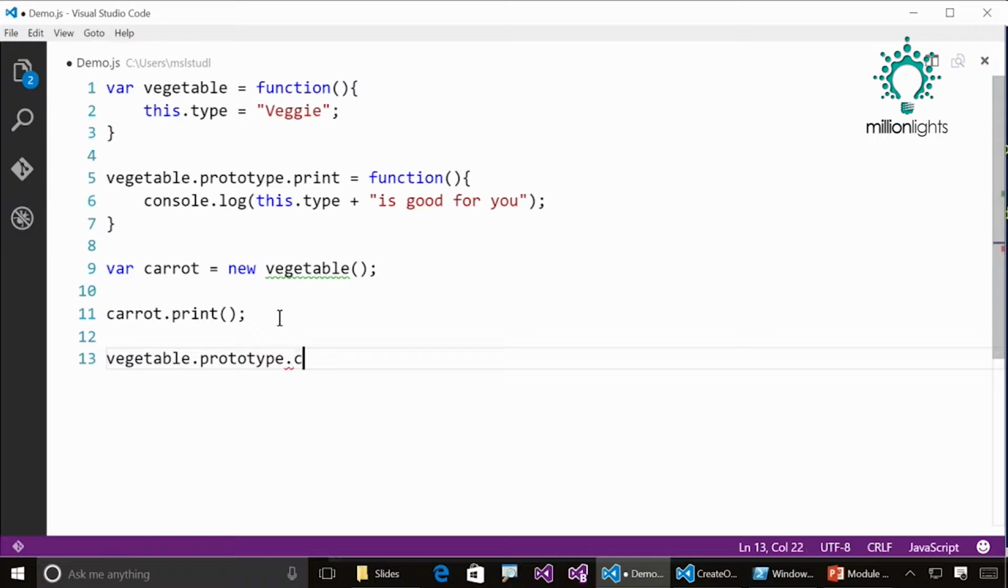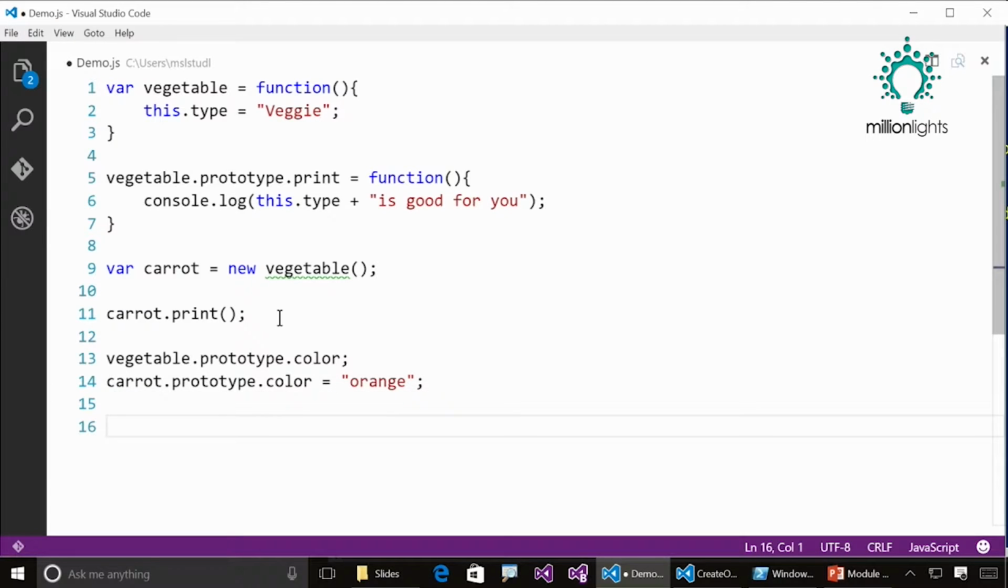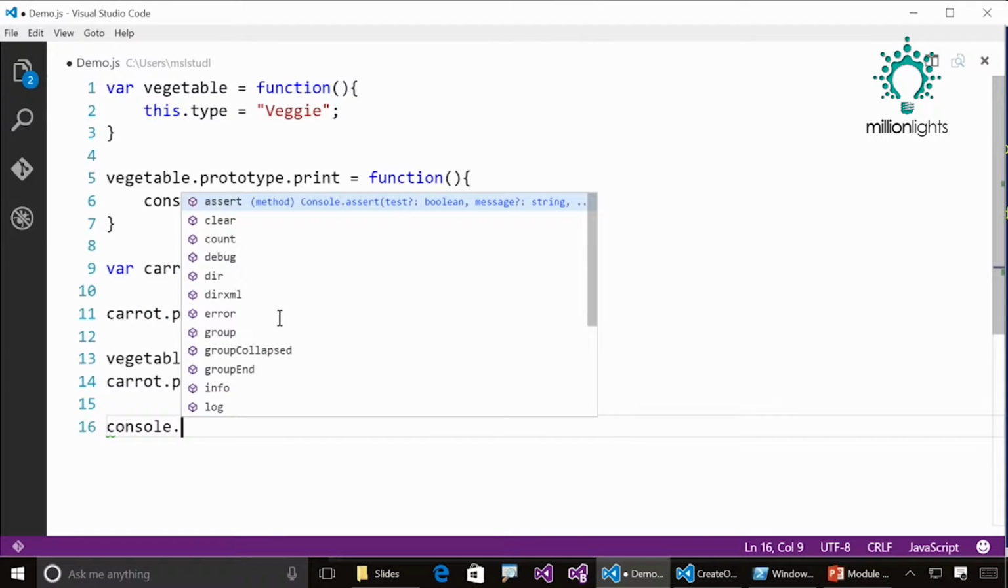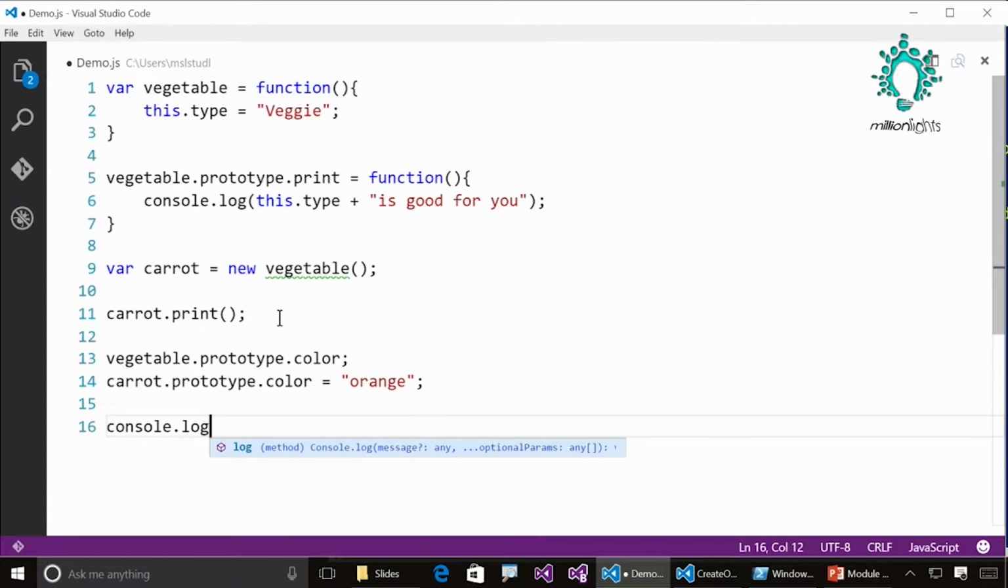dot color, and we'll just give it something funny, like wonderful colors. It could be anything. Oh, actually, you don't even have to do that. Now that I think about it, you can just create the property itself, and then call it for the carrot.prototype.color, and then make it equal to orange. So now, if we ask it to print the color of the carrot,